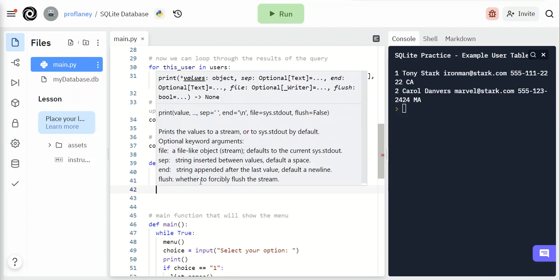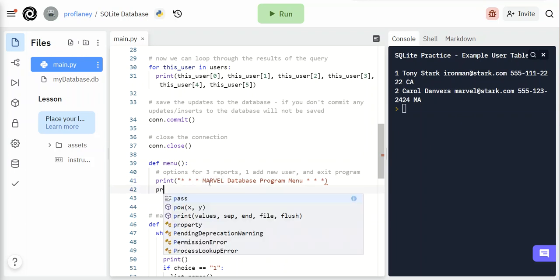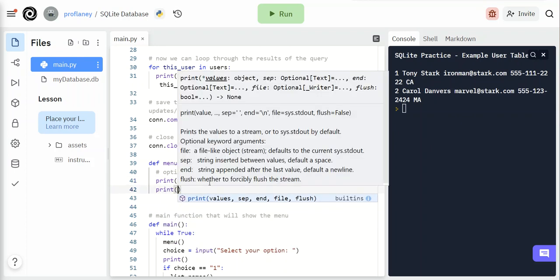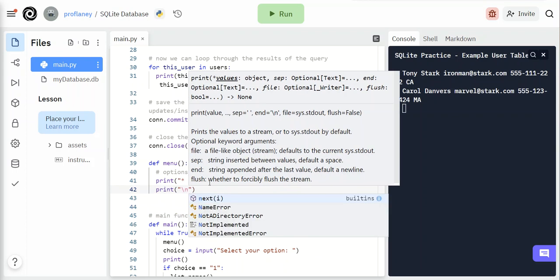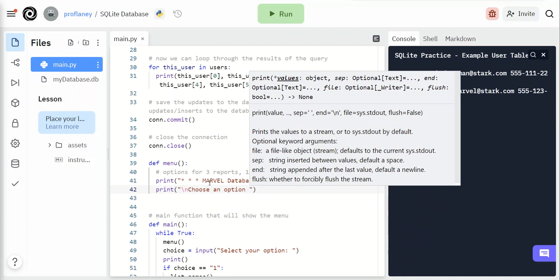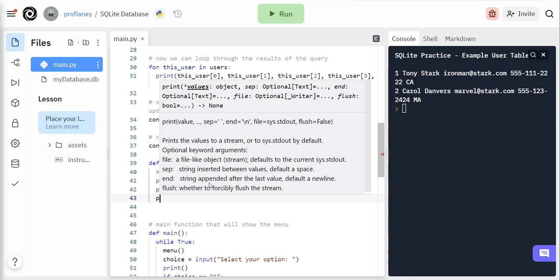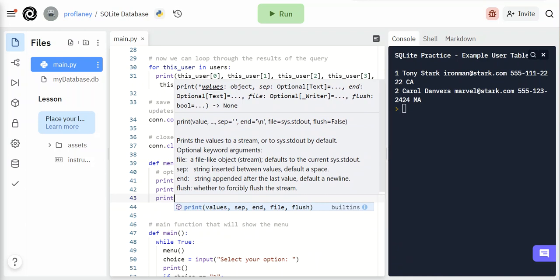Okay, and then I'm going to say print \n, choose the option below, print